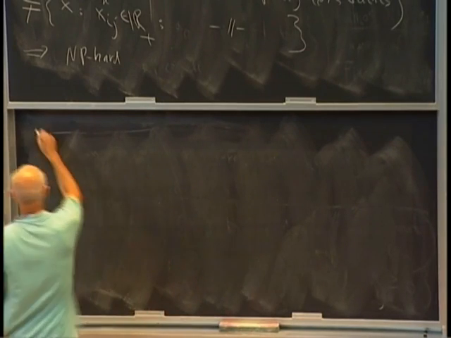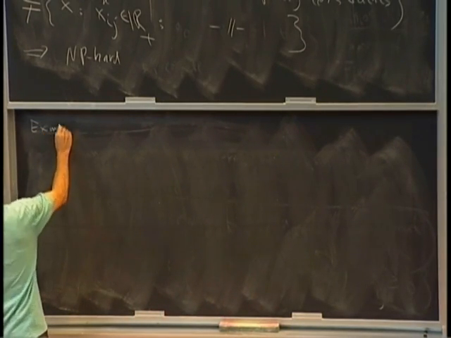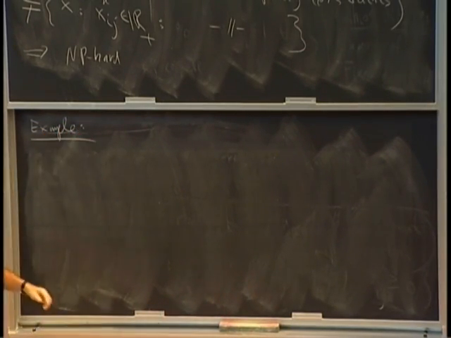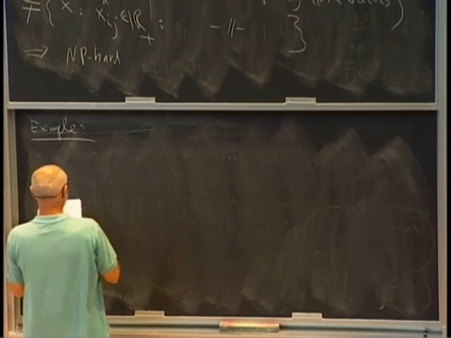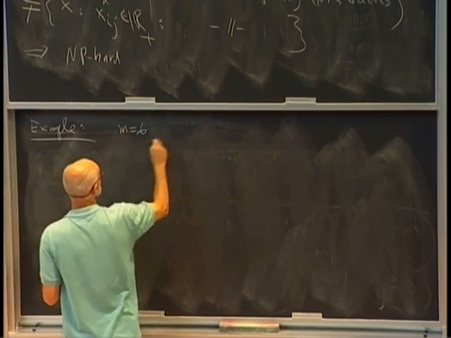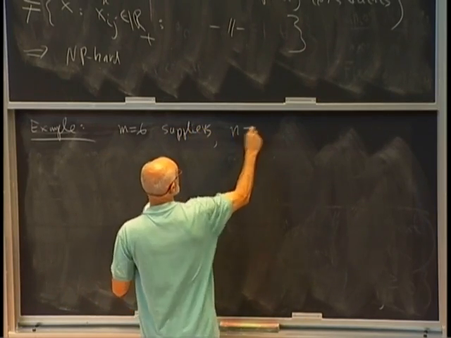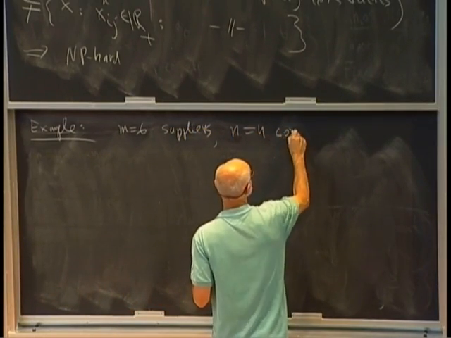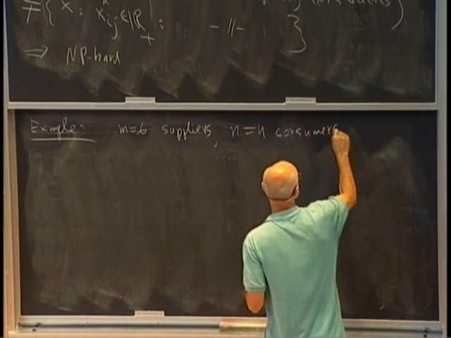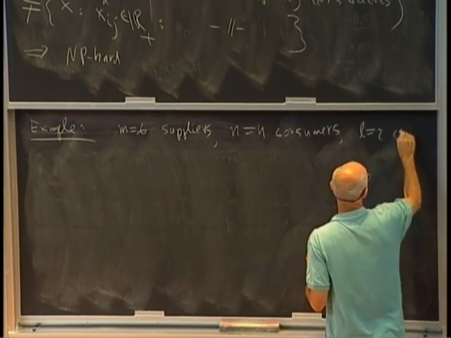So here's an example. Let me give you the example. I think it's quite interesting to see. So we have n equals 6 suppliers, n equals 4 consumers, n equals 2 commodities,